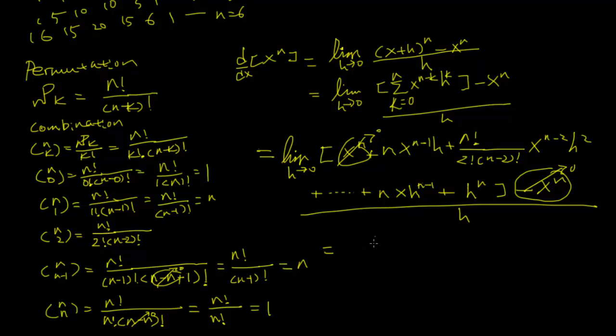We are going to have something like the limit of h times the factor, n x to the n minus 1 power plus n factorial over 2 factorial times n minus 2 factorial x to the n minus 2 times h, plus